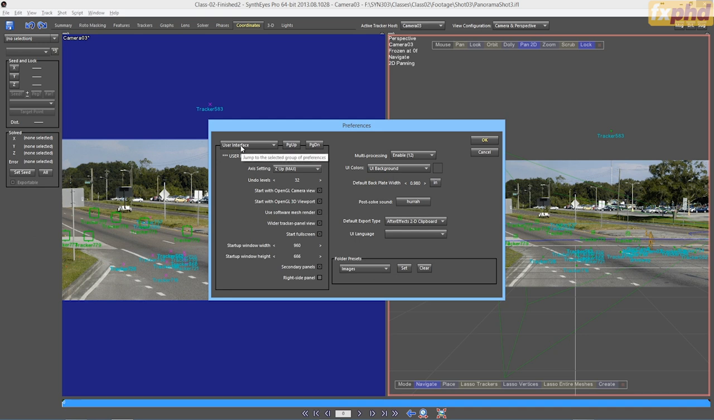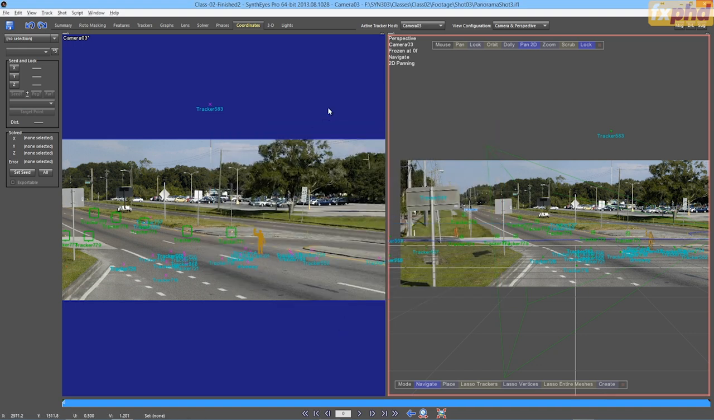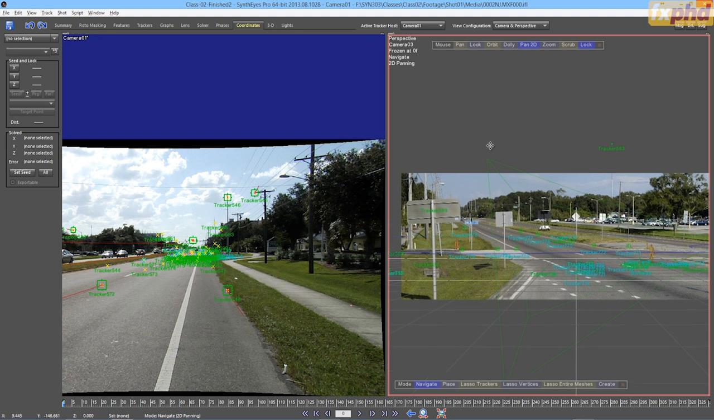Where is? Let me find it. You need to turn off the enable Maya mode in the perspective view, because in order to do this you need to use alt click on the perspective view, and if you have the Maya navigation installed on the perspective, then it will not work. So you can use the camera perspective view and just switch to the first view,